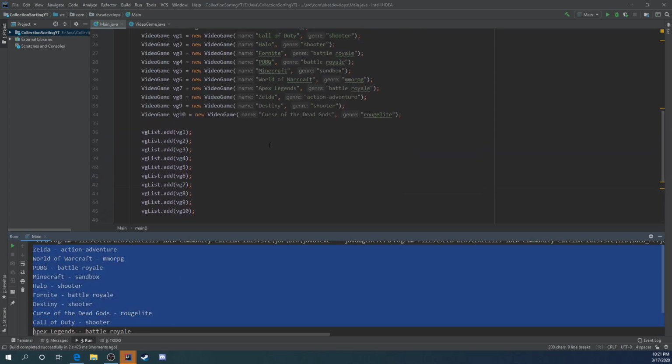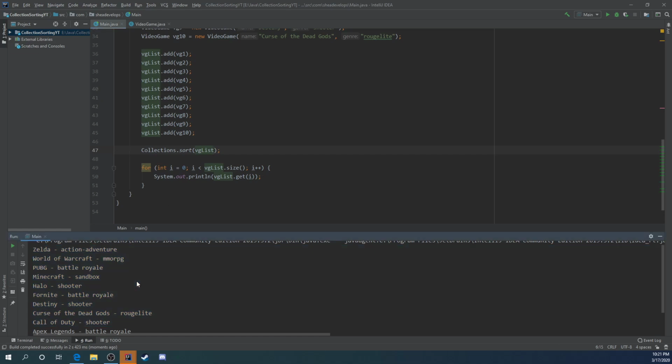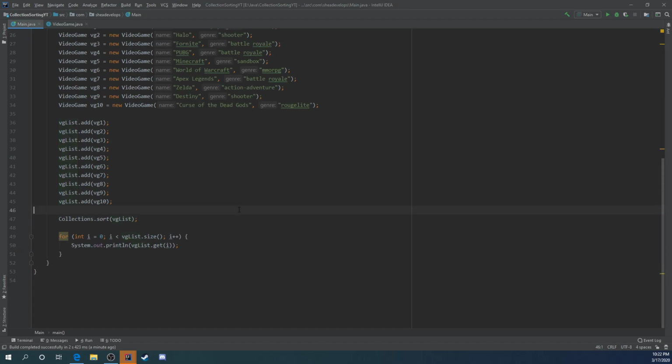You could also do that with your standard list as well. But we're just going to keep with the regular sorting as of right now. Okay, so that's all good. And if you wanted to sort by genre, you could do that as well. It would be this, that, genre, and this, getGenre. And now once we go back here and run it again,